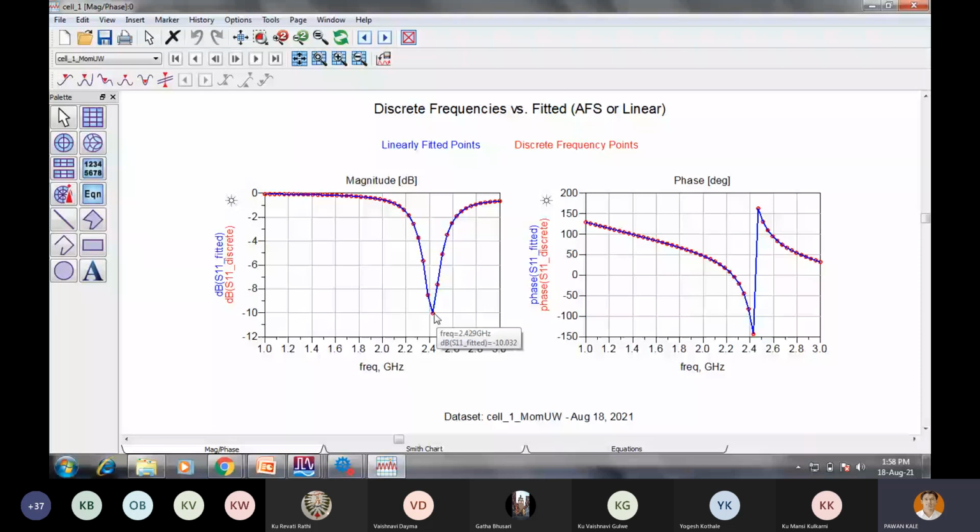Where our S11 is, I have placed here the cursor. It is giving us the S11 value which is more than -10 dB. So this is what the kind of results which we wanted. So this is what the final result. So this is all about this ADS. We have simply designed here the microstrip patch antenna that is resonating at 2.4 gigahertz, and that can be used for the wire